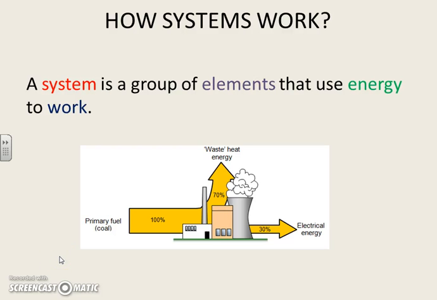How systems work. A system is a group of elements that use energy to work. That is a very important definition. The words system, elements, energy, and work are connected. And this is an energy transfer or Sankey diagram. So we need to understand these words to understand that everything in nature is a system that uses energy to